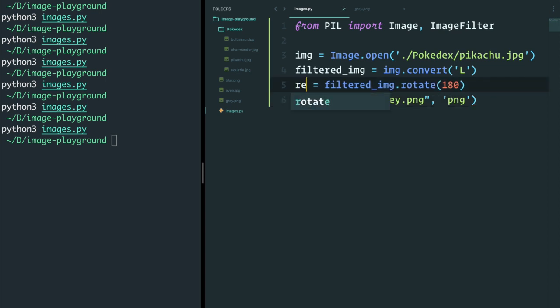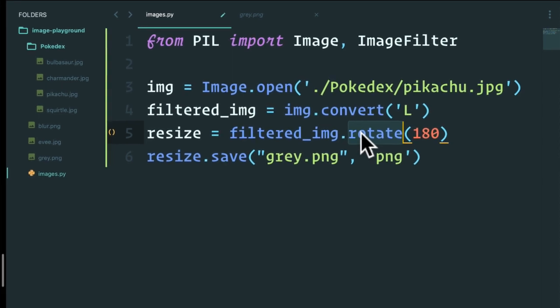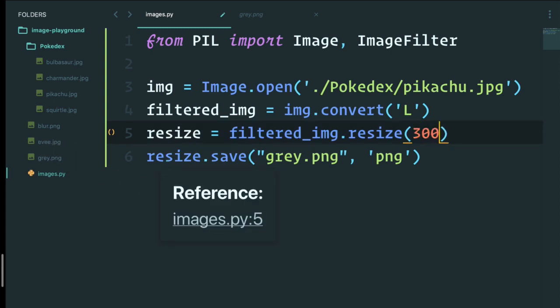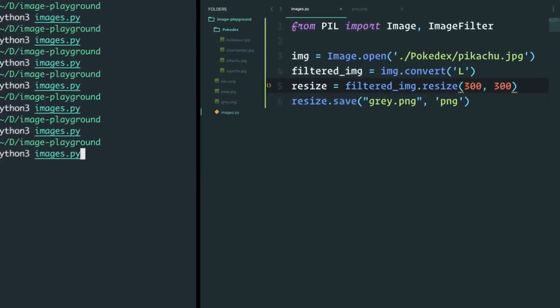So let's just say resize here. And this is going to be called resize. And instead of rotate, what we'll say is resize. And we can say that this image, remember, it was 640 by 640. I'm going to resize it to 300 by 300. So a nice little thumbnail. If I run this,